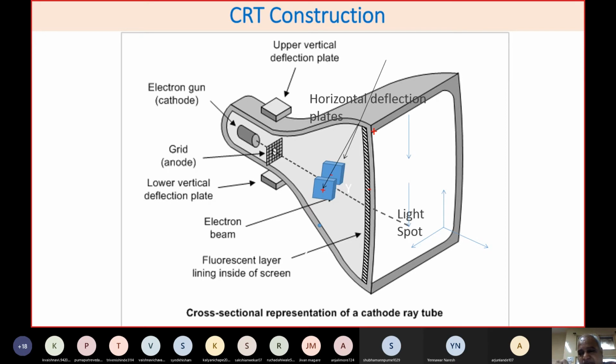Inside the aqueduct coating there is an anode, and the voltage required is almost 12 to 15 kilovolts. That is generated by using this EHT supply voltage. A beam is accelerated with very high intensity and high speed. When it bombards the phosphor coating, some of the electrons get emitted, and if this emission falls into the visible region or visible frequency, you will find certain colors. That is why we use three diodes, that is RGB diodes, and three phosphor dots.